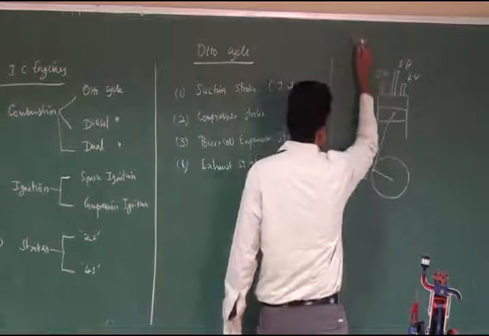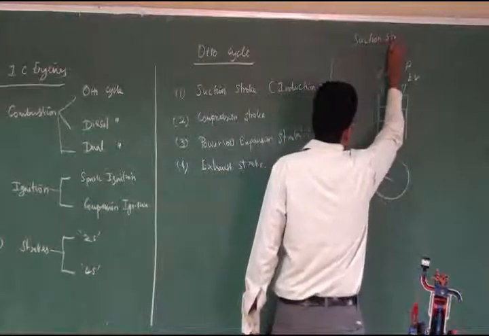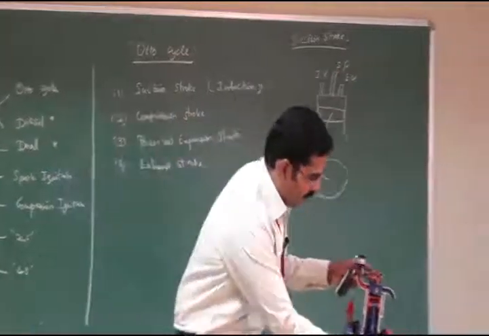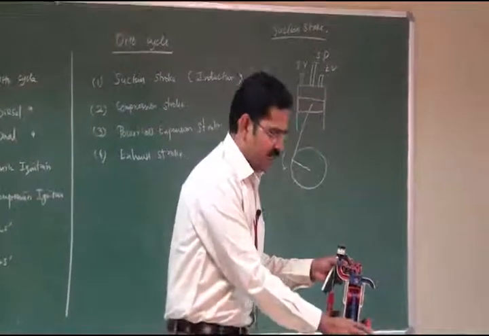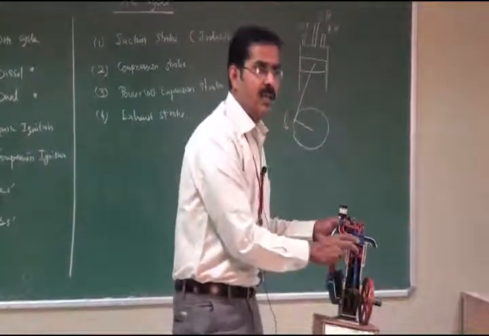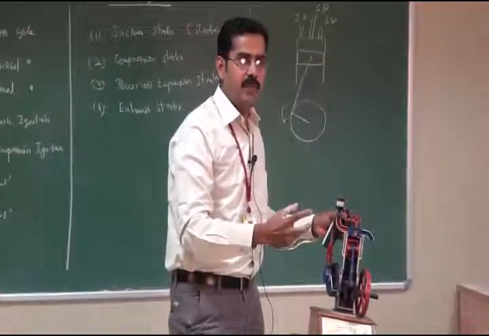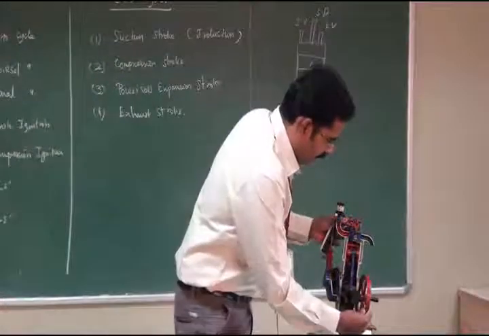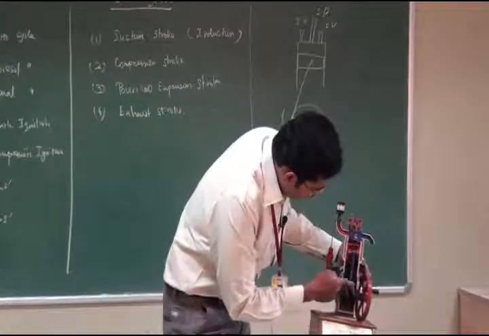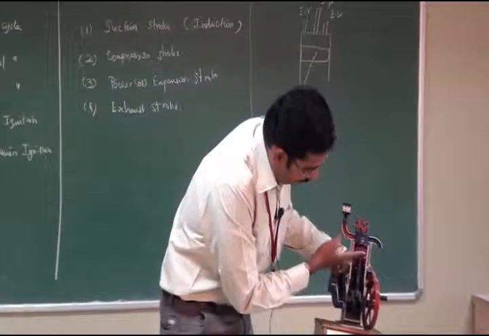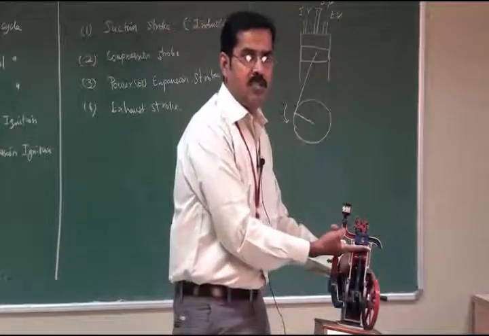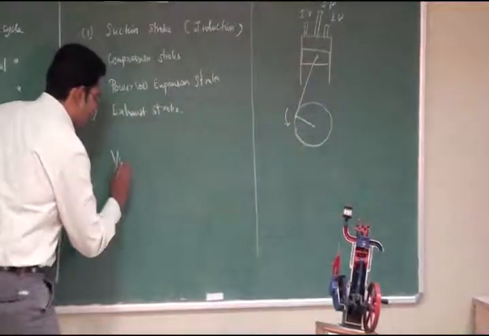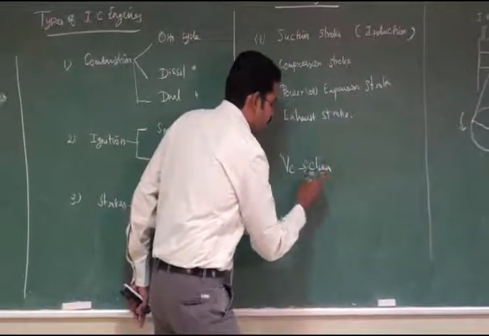First one is the suction stroke. Now when we are rotating, this one is called a flywheel. The function of the flywheel is to store the energy during the expansion stroke, and return that energy whenever the energy is discontinued. For example, if you are rotating in this direction, the piston moves upwards, and at maximum the piston reaches this position only. We have some gap. This volume is called the clearance volume. This is denoted as V suffix C.